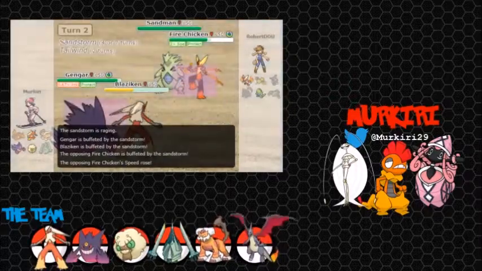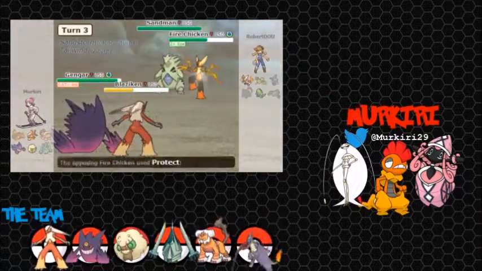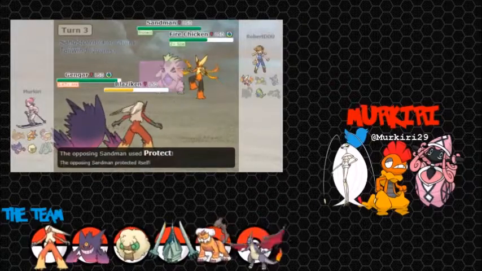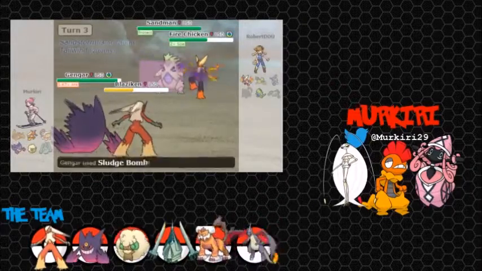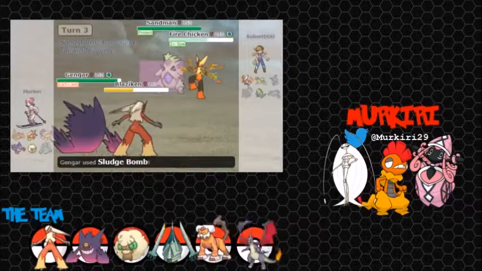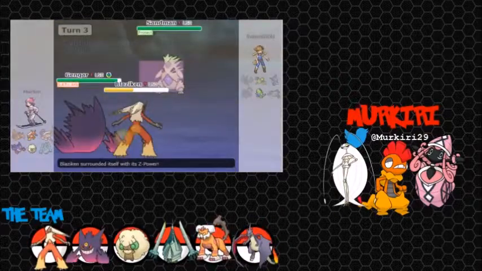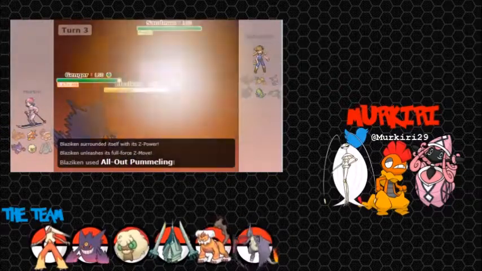So this turn, he goes for the double attack. Just go for a Titanium Z Sludge Bomb into that slot. Picks up the KO. Titanium Z should pick up the KO. No, oh no, it does about